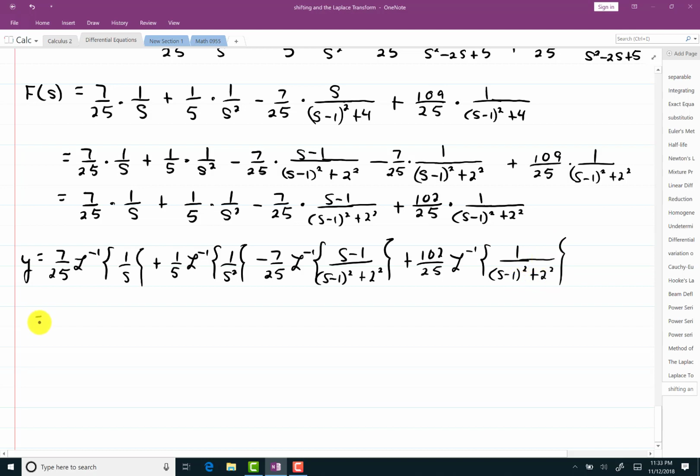And now let's see what they give us here. 7 over 25 times the inverse Laplace of 1 over s, as we know, is 1, plus 1/5 inverse Laplace of 1 over s squared is t. Now over here, this is cosine of 2t, except it's shifted to the right 1 unit. So I have negative 7 over 25 e to the negative t, negative 1t if you must think of it that way, cosine. And now remember, this 2 squared is k squared, so this is cosine of 2t. Now here, for the last piece,